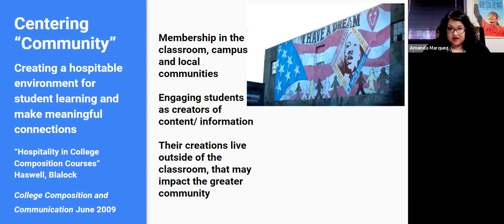And so I think that when you make that a center point of what you're doing, or a focal point of that relationship you're trying to establish with the students, when the time comes for them to become creators of content and of information, right? Then they begin to take ownership. They begin to develop that sense of authority. And at the same time, their perspectives, their lived experiences, their connections to the larger community, all of that, right? The lives they live outside of the classroom helps inform what they create. And again, that investment that they have in creating those things is, I think, that much more powerful.